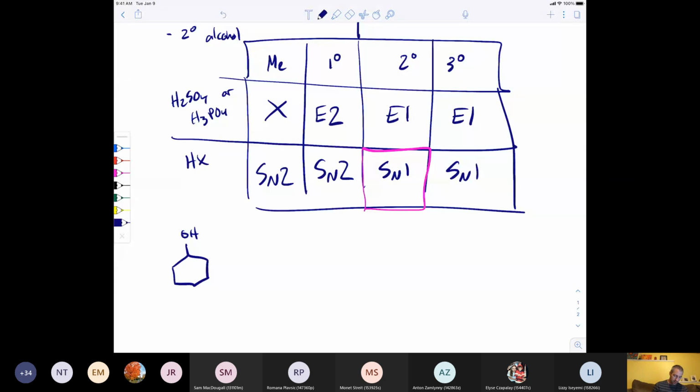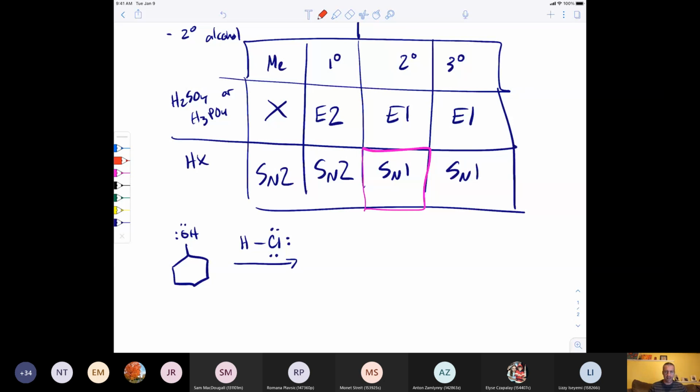We're going to take our alcohol and react it with HCl, and I'm going to draw in, when we do mechanisms, it's good to draw in all the lone pairs. In fact, I think we often ask you to draw in all the lone pairs. So we have our alcohol, we have our HCl,